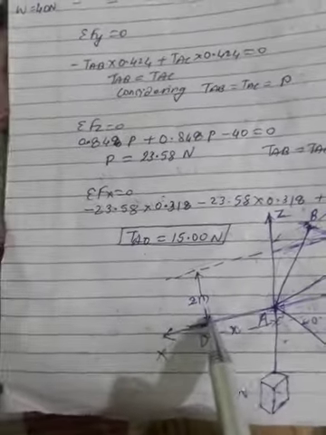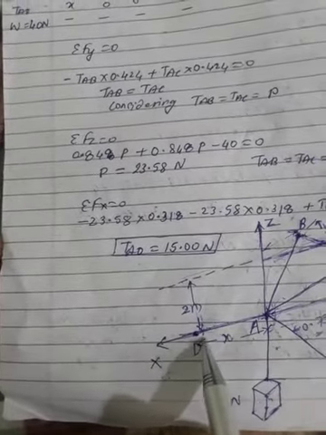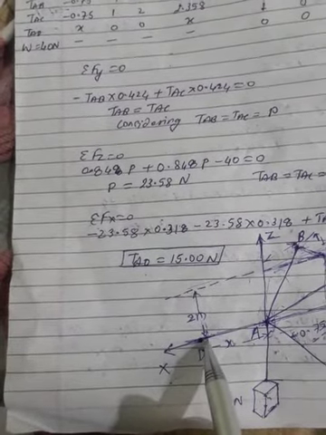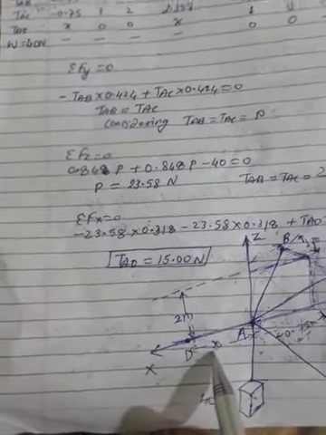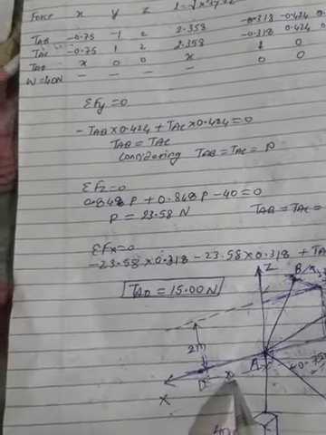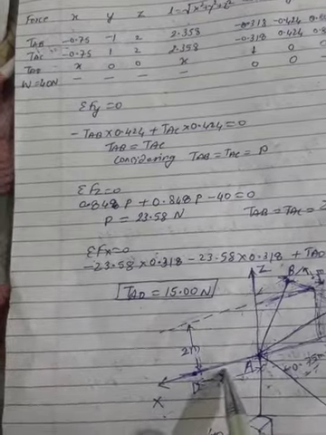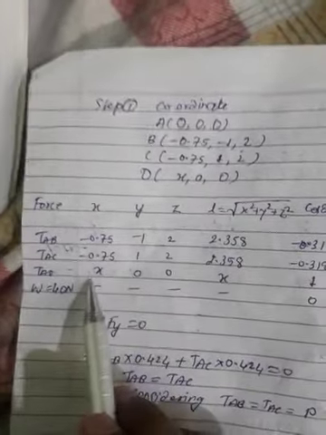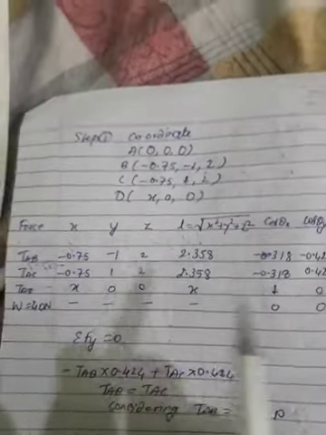Now you have the D point, but in this case they have not mentioned any distance for point D. It lies on the x axis and you have given it as an x distance. So the x coordinate for point D is x, the y coordinate is 0, and the z coordinate is 0, as point D lies on the x axis. So I have written here x, 0, 0.